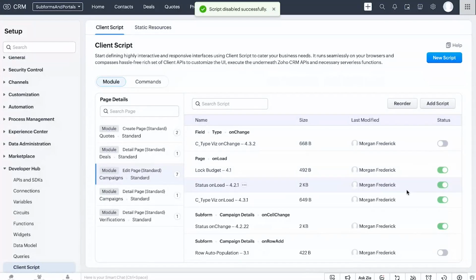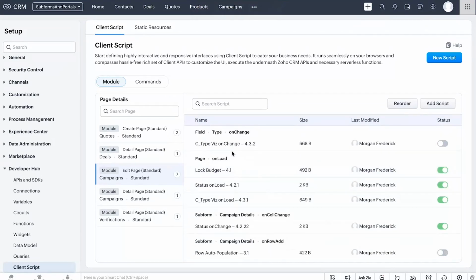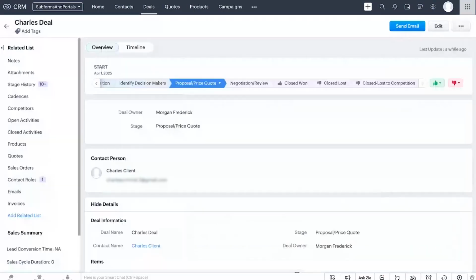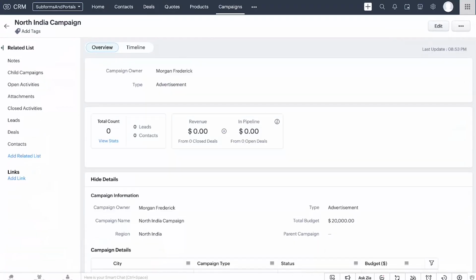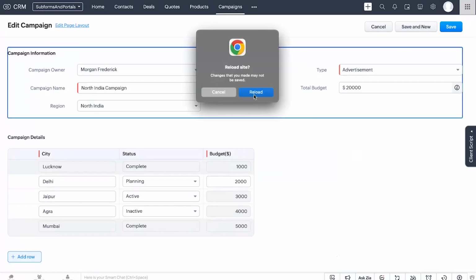So I'll turn this off for now. And now we're done with the campaigns module. So I'll just turn these off. Let's go on to the next use case, the budget, right? Now adding subforms and autofilling the budget is so easy that by mistake, we might overshoot the budget, right? So let me just reload this page,